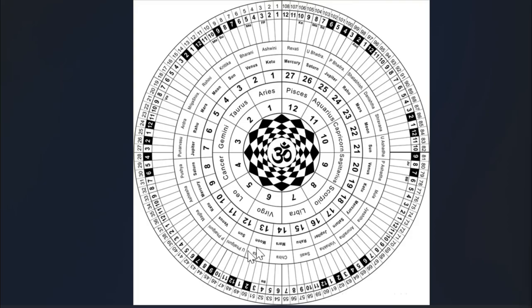Can you see this Rashi Chakra? Now see here. This is the first Rashi, Aries. You can see one is written, first Rashi Aries. Now Aries is like this: this is the Navamsha division, this circle. So this is the first division, second, third, fourth, fifth, sixth, seventh, eighth, ninth. See, at ninth, Aries is finishing.